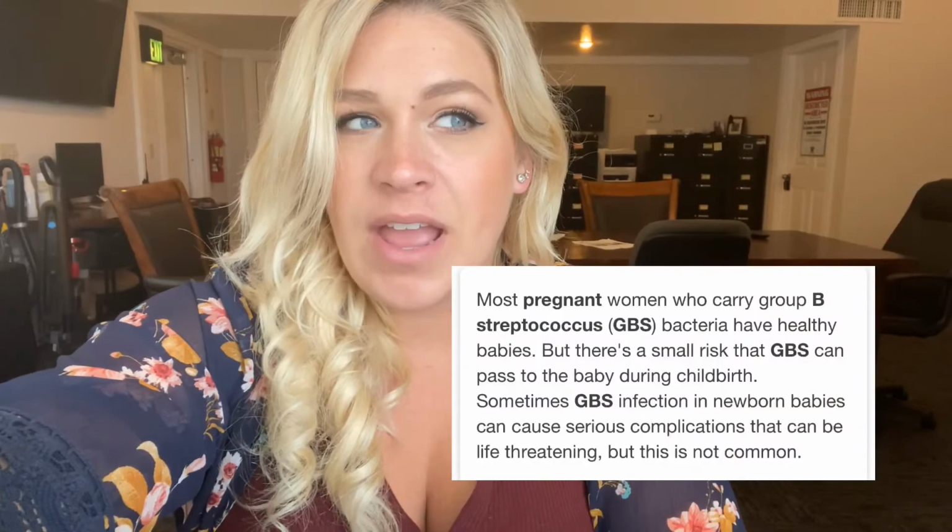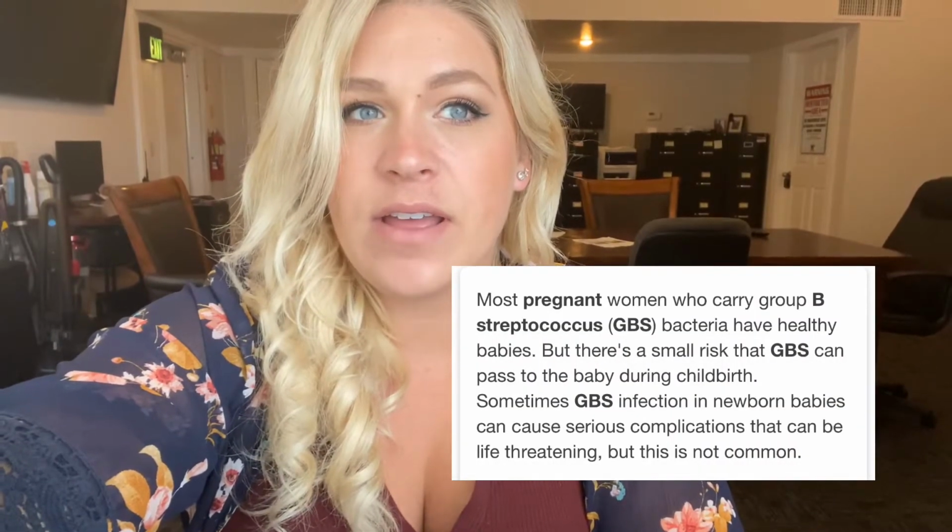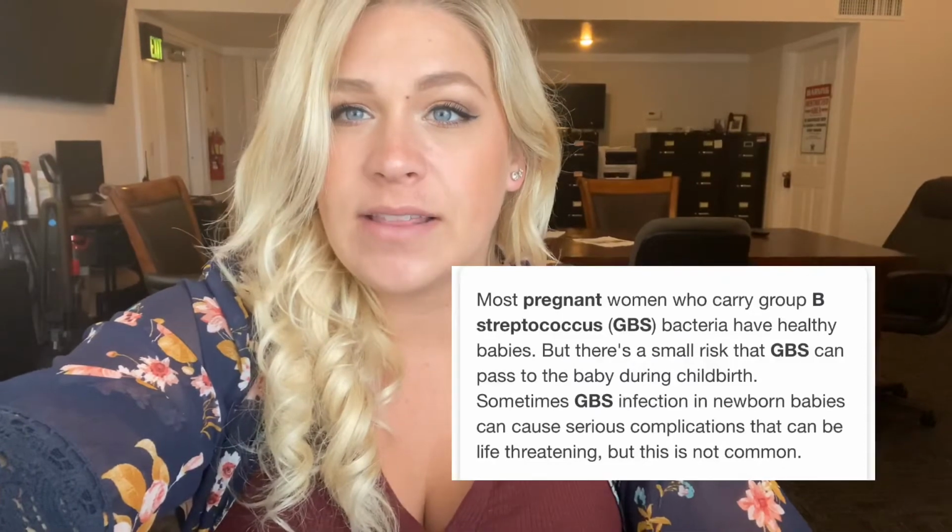This was the appointment where they test me for strep B. For those of you who do not know what that is, everybody has bacteria in their body and you can have strep B present. I could be positive for strep B whenever I give birth. And if I am positive, they give you antibiotics. The reason they do this is because if I have strep B and I pass it along to my baby,